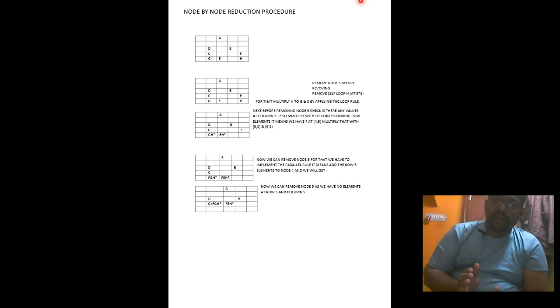Before removing any node, we have to see whether there is any loop. If there is any loop, we have to remove that loop by multiplying that loop element to its corresponding row elements. For example, if the loop element is at 5,5 and I am trying to remove that element, I have to multiply that 5,5 to 5,1, 5,2, 5,3, 5,4. After that,